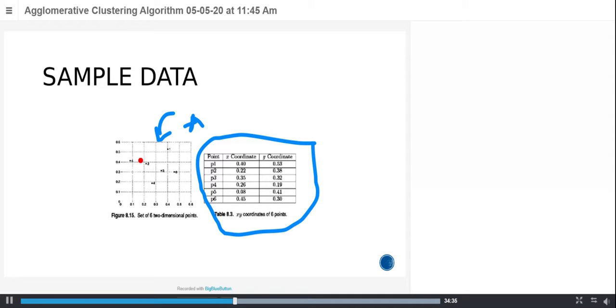So which points do I have to consider in order to merge? That is our second task. Whether I have to consider this point and this point to merge in the second level, or this point and this point in the second level, or this point and this point in the second level. That is our task.